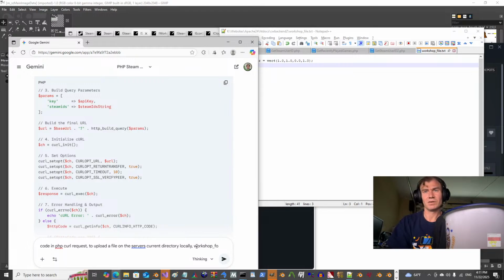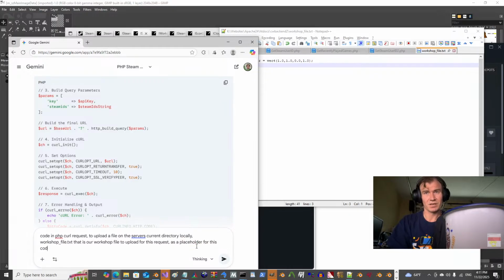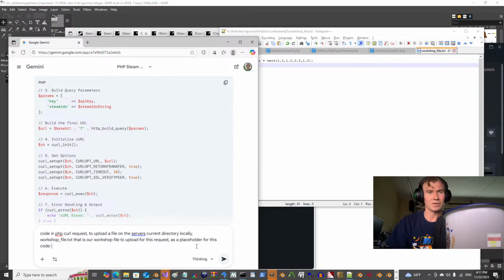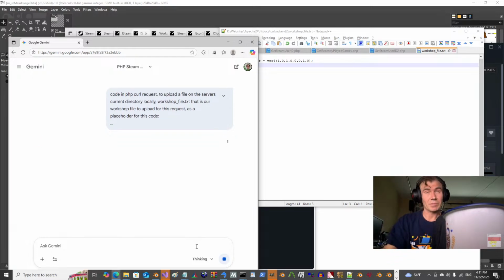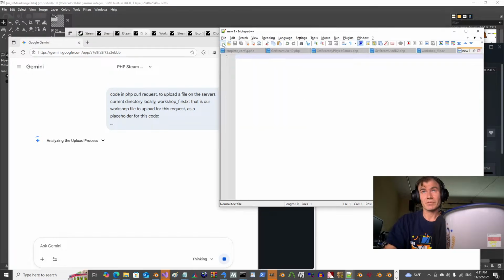Workshop file dot text, that is our workshop file to upload for this request as a placeholder for this code. I'll just dump all this into it. Copy paste the specification, and then we'll make a file called